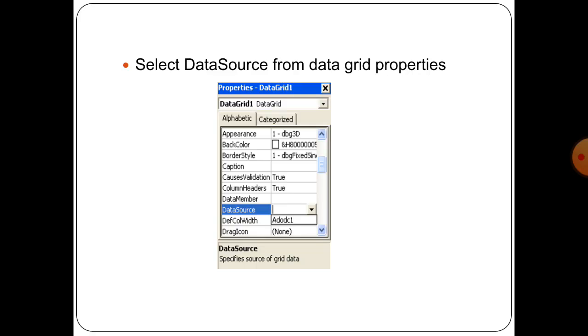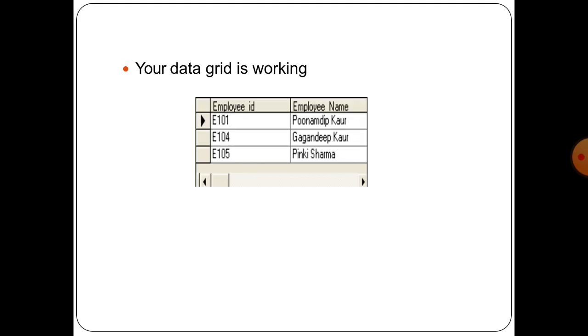Go to the properties, and there you select the data source as ADO-DC1. Whatever data control we have kept here, you select it as the data source. The data source is nothing but the source from which we are getting this particular data, and we must specify it here. I am using ADO-DC, that is the data control, so I am giving the data source as ADO-DC1. After selecting it, if you run the application, we can see the data grid control like this.